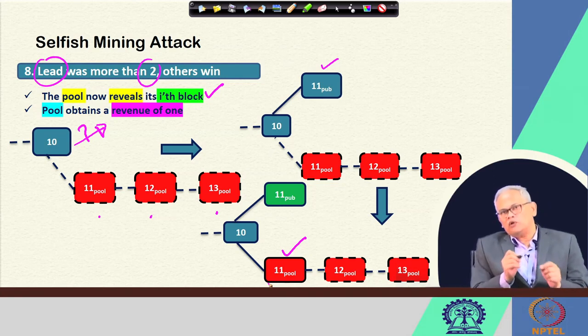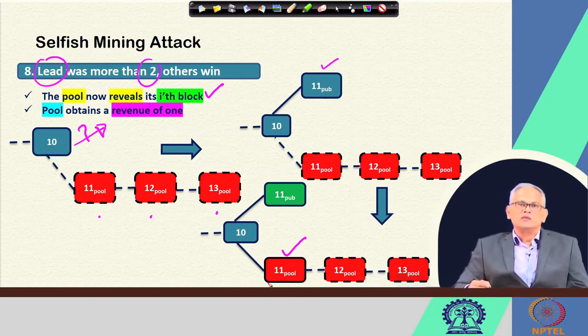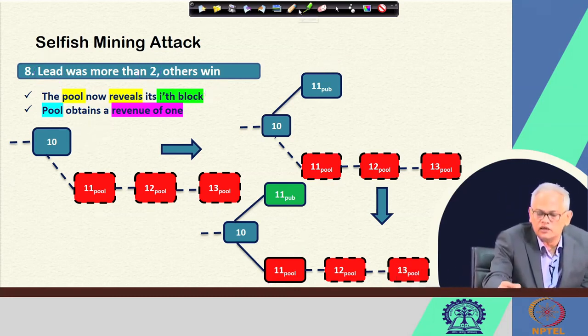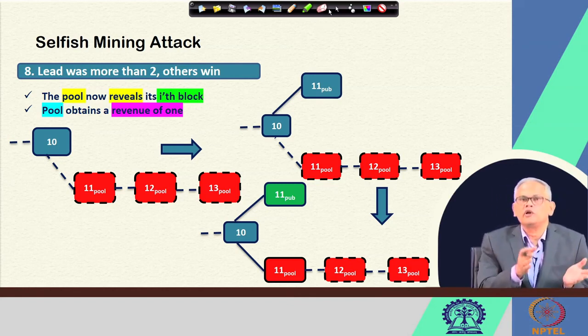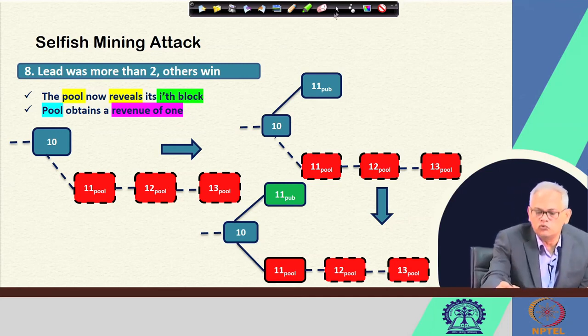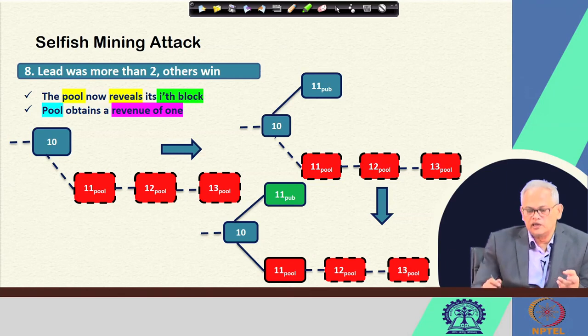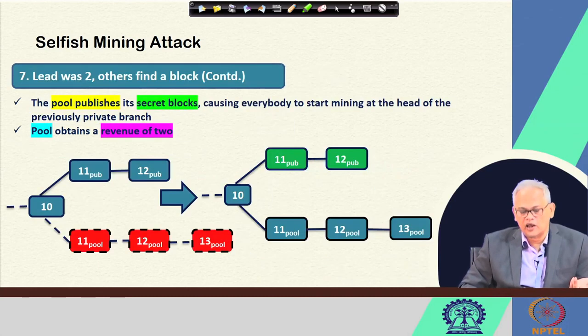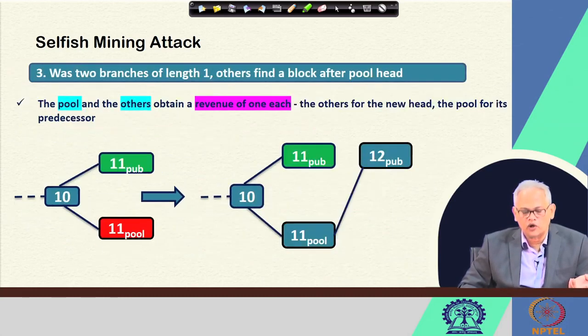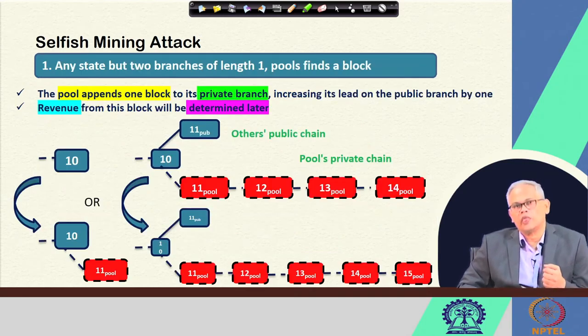So, one by one it is making blocks public, and why is it doing that? Because it is ensuring that the other party will not be able to get ahead of the attacker even if it continues mining at the same pace. It makes it public, and now it is a situation where the lead is 2. Depending on who does what, it will go back to one of the other scenarios, like this one or one of the other ones, and it will keep on adding more blocks.